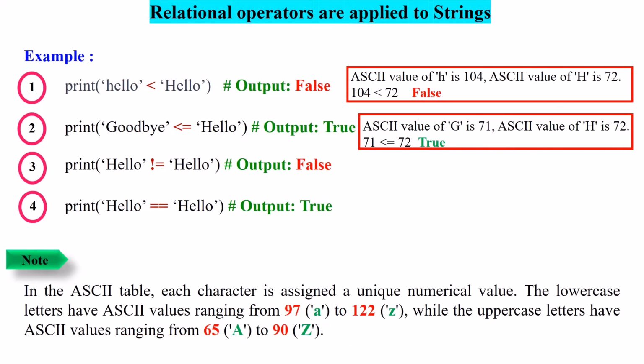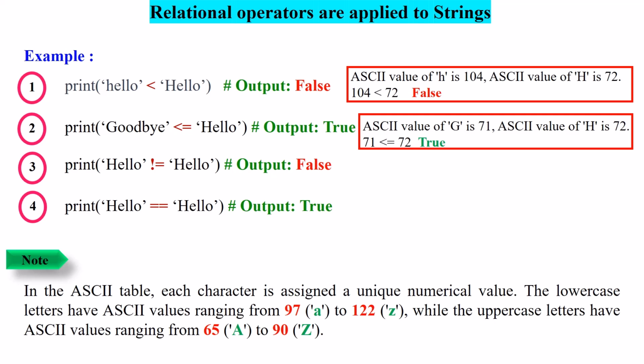Relational operators are applied to strings also. When the relational operators are applied to strings, strings are compared left to right, character by character, based on their ASCII code values. In the ASCII table, each character is assigned a unique numerical value. The lowercase letters have ASCII values ranging from 97 (a) to 122 (z), while the uppercase letters have ASCII values ranging from